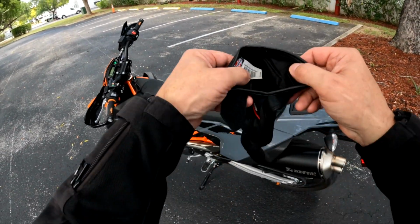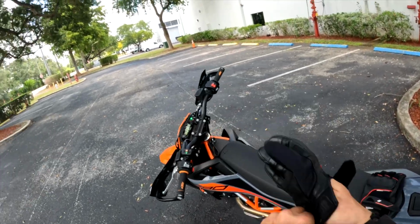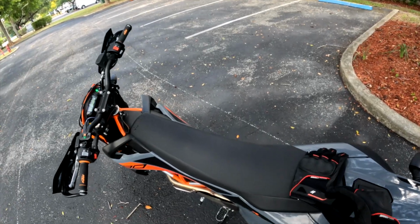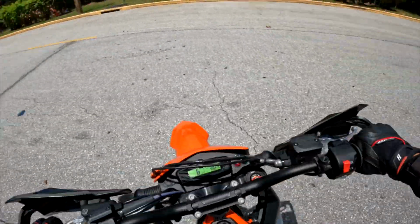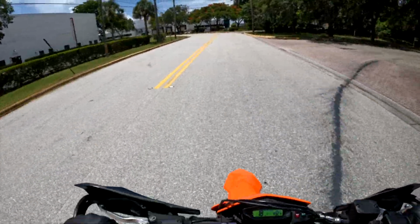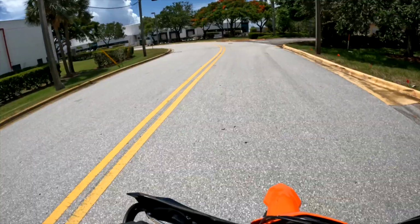Well, let's get it on the road and see how it sounds. Okay. Goodbye, audio. Well, the first thing that you're going to notice about this KTM 690 SMC R, which is a